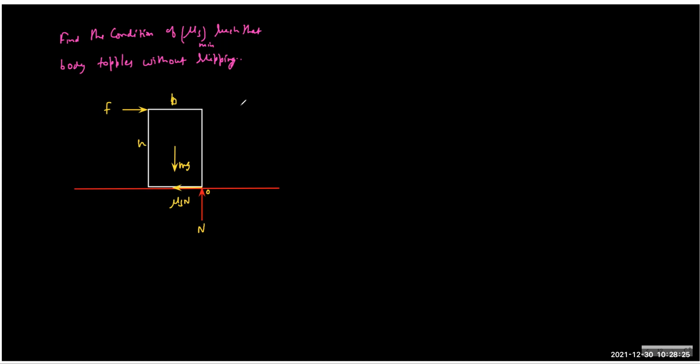So for toppling, you first solve by putting the torque about O, then you get F into h equals mg into b by 2. Don't think much, just solve it. Be calm and relax. You got the answer for F. Now think of the equilibrium condition. So this must be equal to mu s n plus